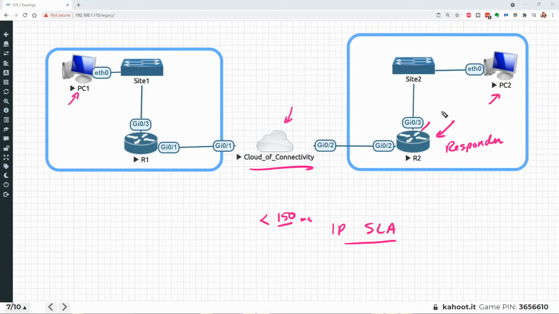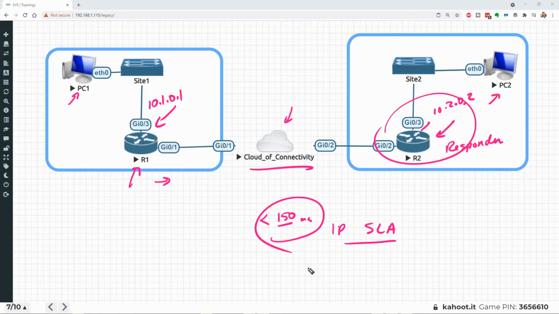And this guy has an interface over here at 10.2.0. What is his IP address? I may have to verify that, but I think it's 10.2.0.2. And then over here, this is 10.1.0.1. And then they've got an IPsec tunnel over this internet because they want security. So if we wanted to test and set up an SLA, we could tell this guy to be a responder. And then we could have this guy send IPSLA probes every 10 seconds, every 5 seconds, every 60 seconds, and verify in measurable terms what the results are.